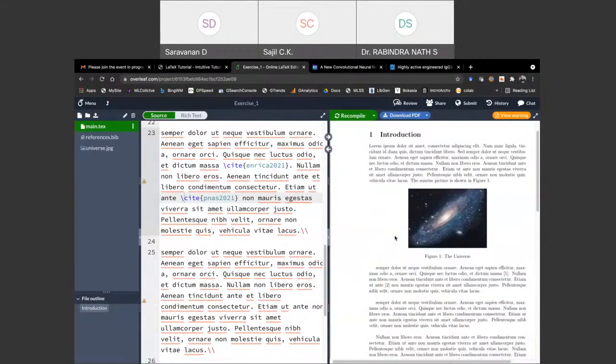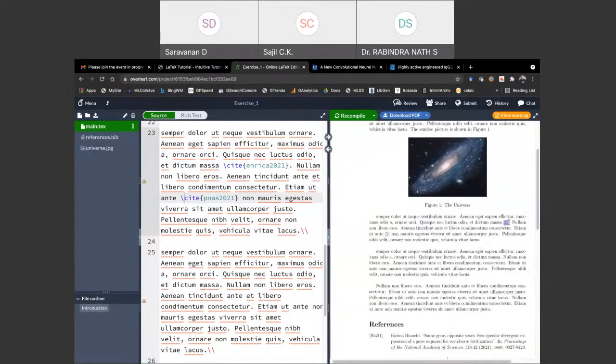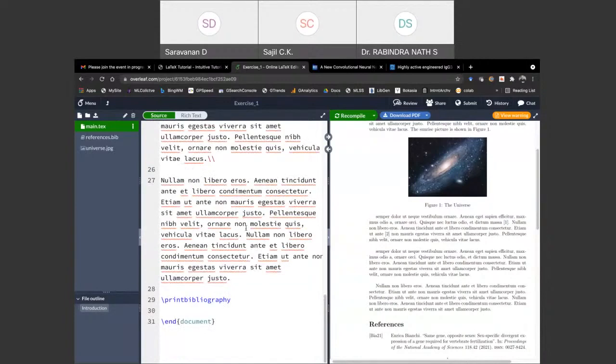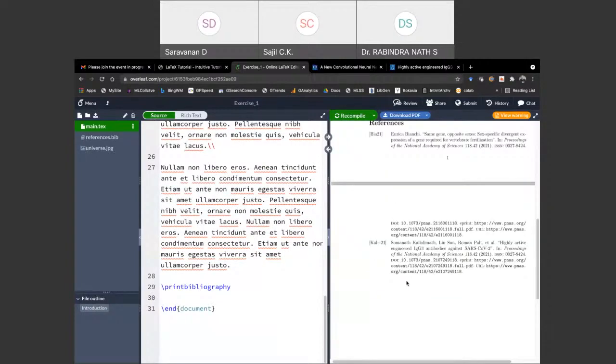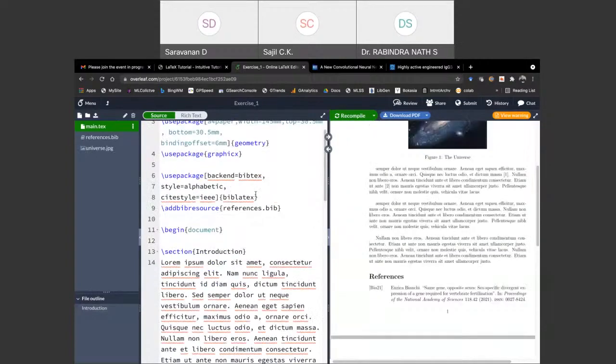See, now it is appearing as the number in brackets. The citation should also get updated. Let me see. I think I need to mention some settings. Okay, not alphabetic.